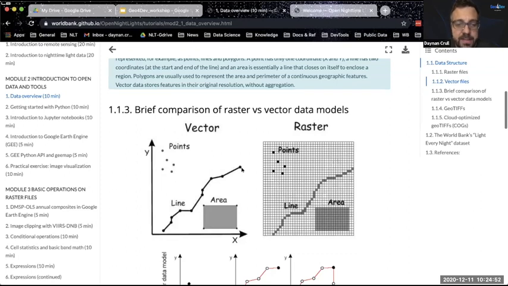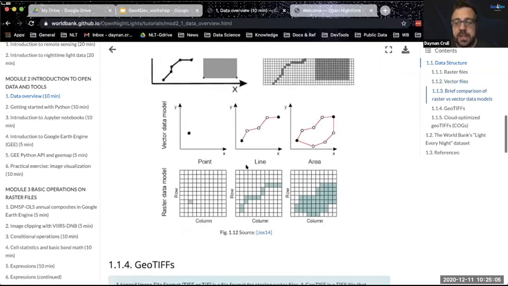You're calculating the distance between 2 points in your 2-dimensional plane. And an area is just a little bit more complicated combination of lines. This is sort of high school mathematics here, but you can see how the differences are, particularly if you look at the rightmost column here, you see that the vector file shows a polygon that's kind of an awkward kidney bean shape sort of thing there.